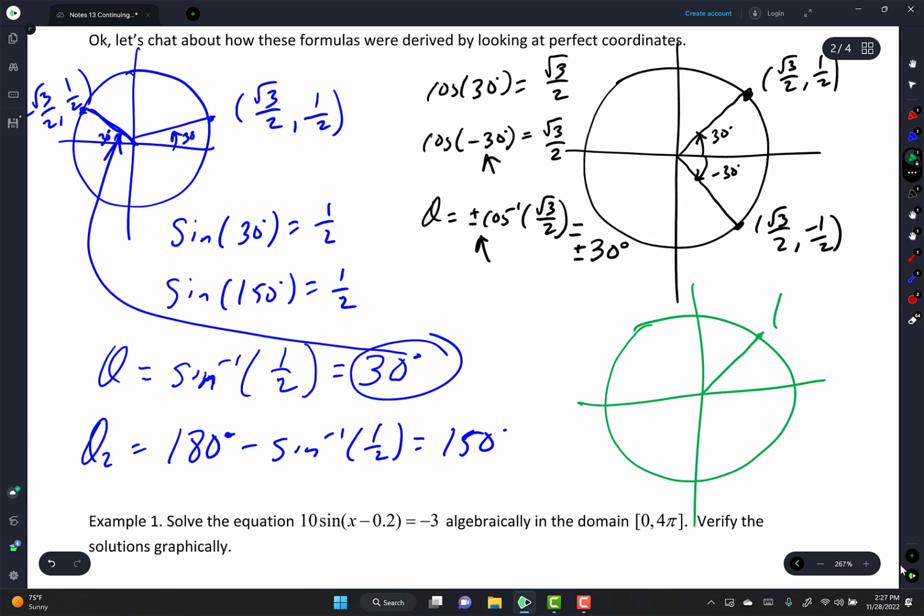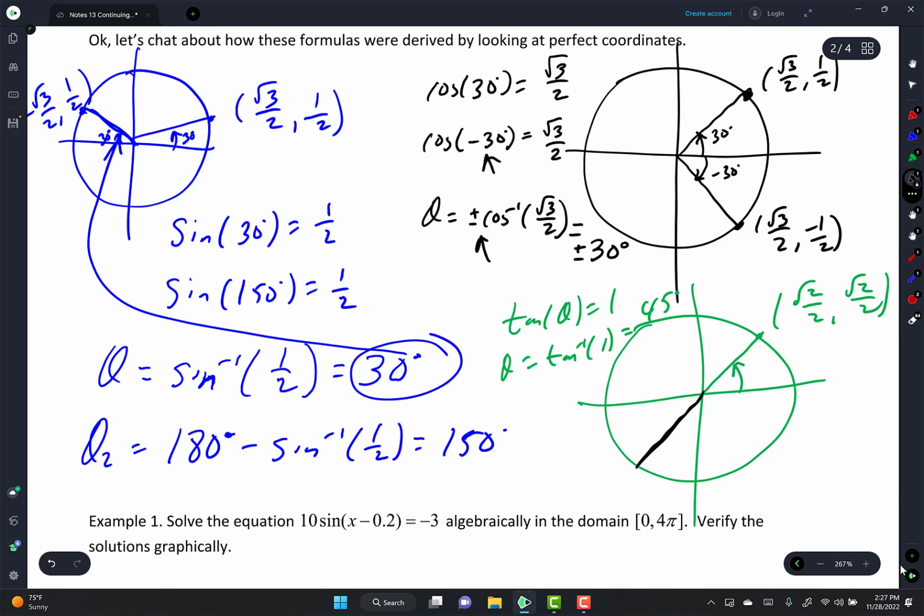So at 45 degrees, square root of 2 over 2, square root of 2 over 2. So if I told you tan of what angle equals 1, you would tell me arctan of 1, you would say 45 degrees. And that is true. And then I want you guys to recognize that if I